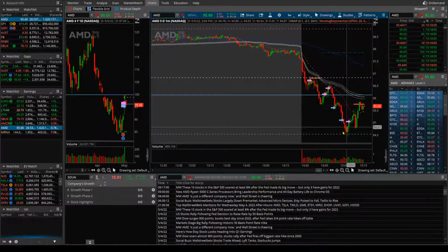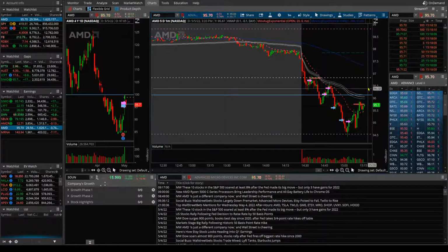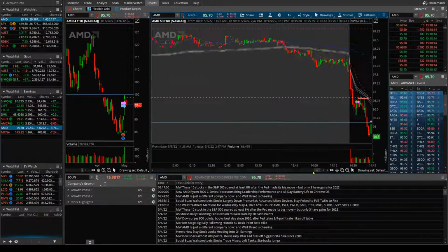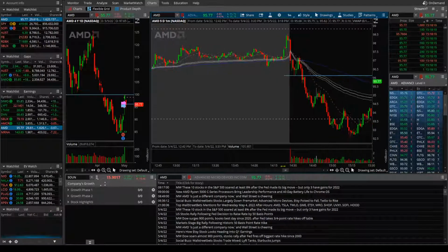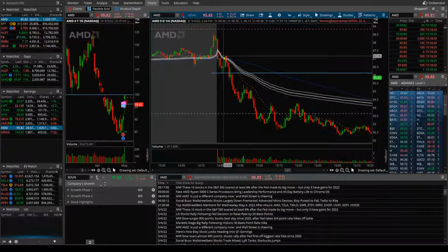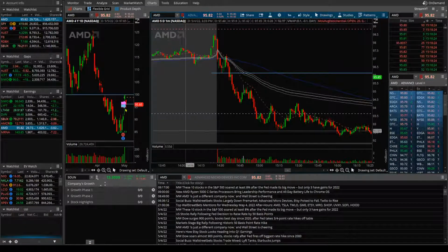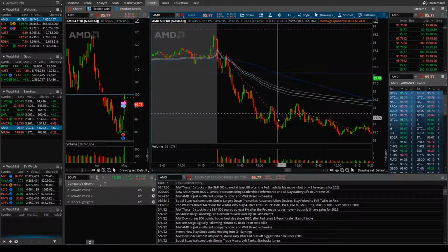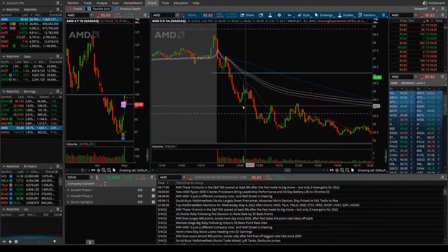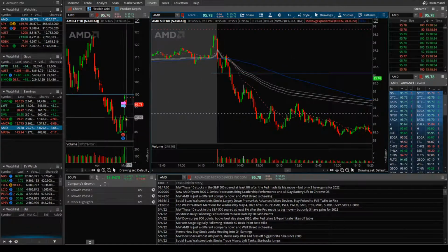I've seen these so many times, the ones that just reverse and actually go from red to green. Here's an example. Not to the tick, but look at this. Yesterday was a proper red day. In fact, yesterday was just an amazingly extraordinary day on AMD and SPY, because of the massive gap we were talking about,